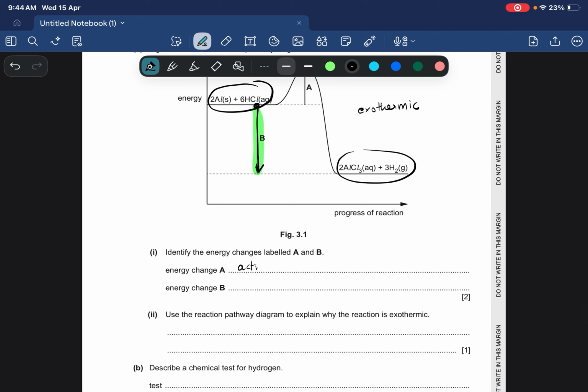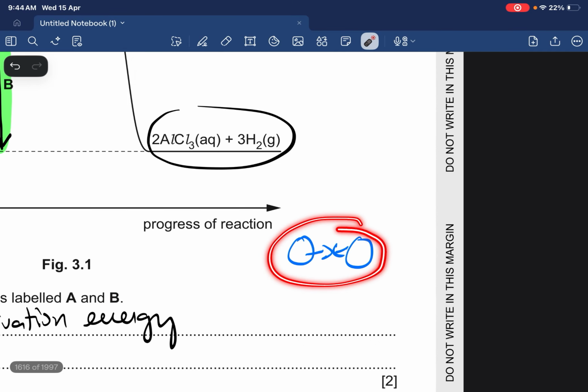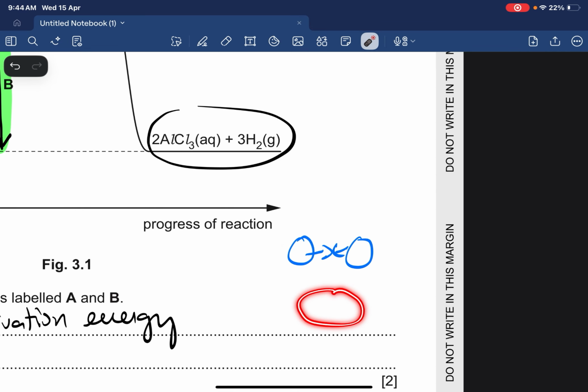A is your activation energy. And what is activation energy, by the way? It is the minimum amount of energy that the reacting particles must have in order to react. If you have two particles and they collide with each other, they're not necessarily going to form a product. You know why? Because the problem is they didn't collide with the activation energy. For particles to form products, like if this and this collide, it should form this, okay? Until and unless these two particles collide with each other with enough energy equal to or greater than activation energy,